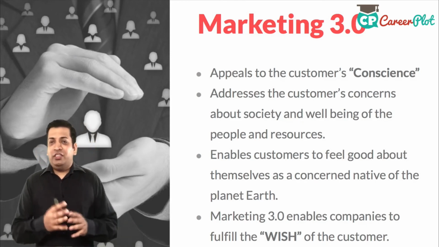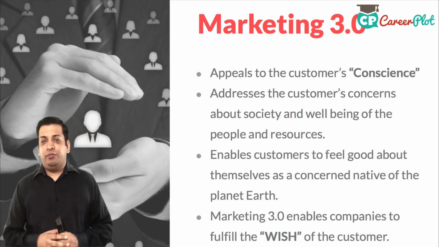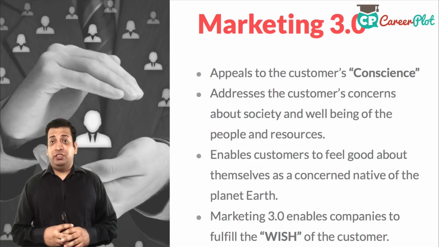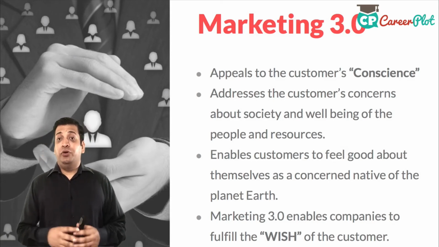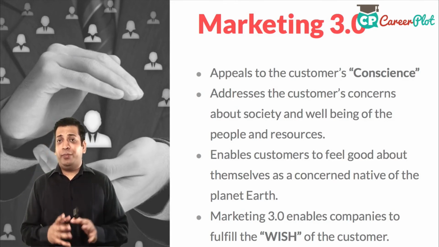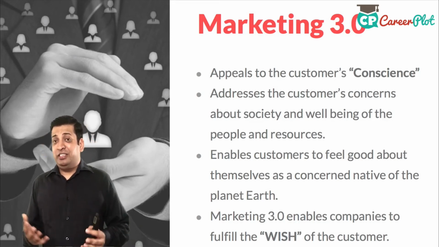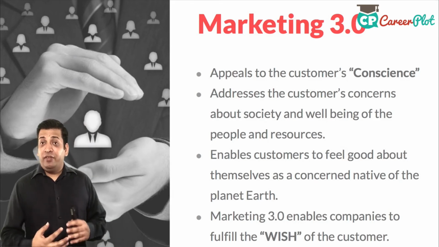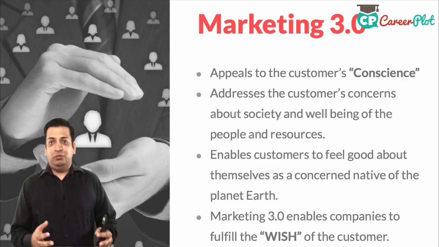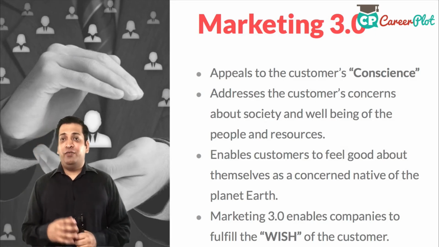So all these three marketing are very, very different. They are not like versions. They are more about how to approach a customer, right? If your product is positioned as a very essential need, it should be going as a marketing 1.0 that just appeals to the customer mind, keep it low price, keep it competitive, and make it work. If you're appealing to the customer's heart, it's a really nice to have product, but the customer can live without it, then make it very aspirational. Apple or ice creams or cars fall into that segment where it's like, hey, I want to own that. I wish to go for it.